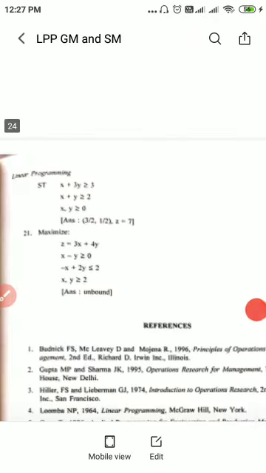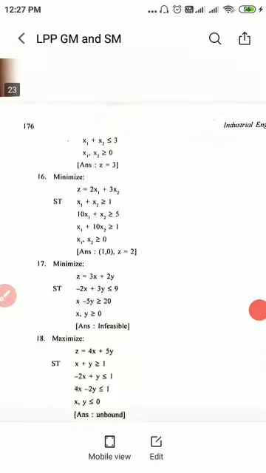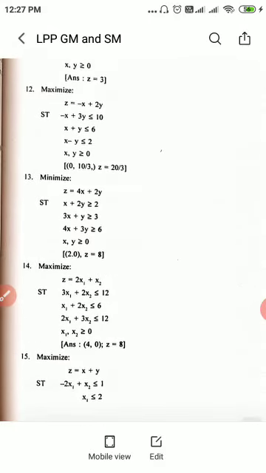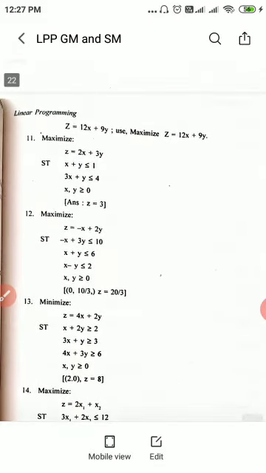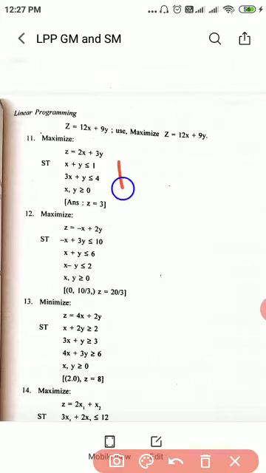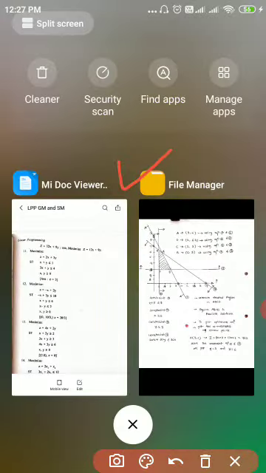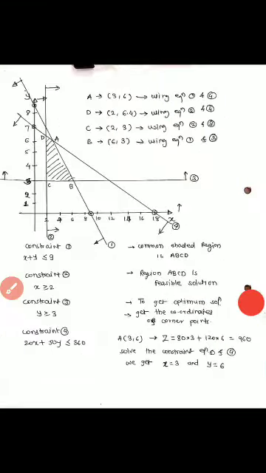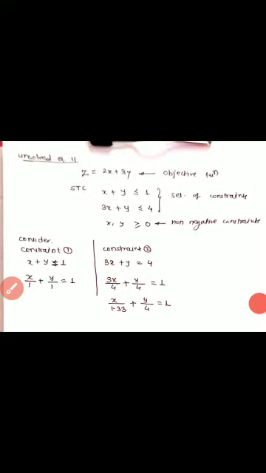Okay, so let's take a numerical. Question number 11 we will take, and let's solve this question now. Here is the question. They have given